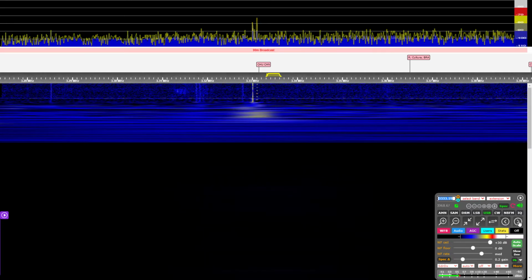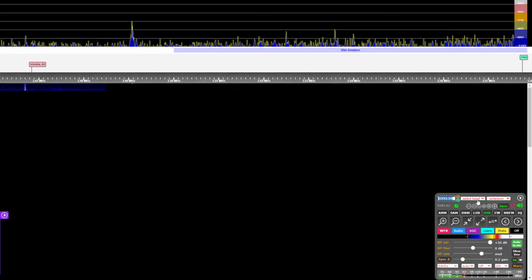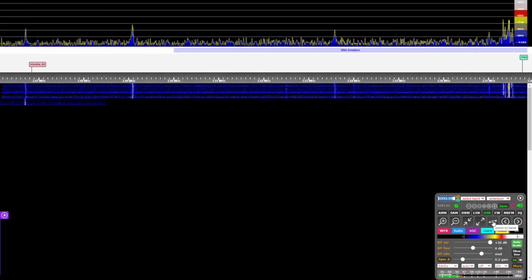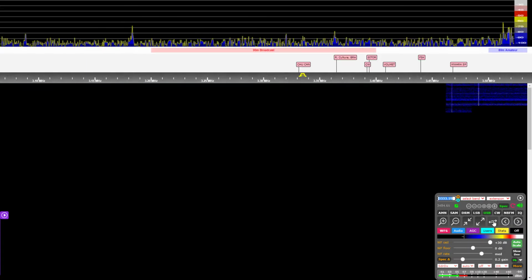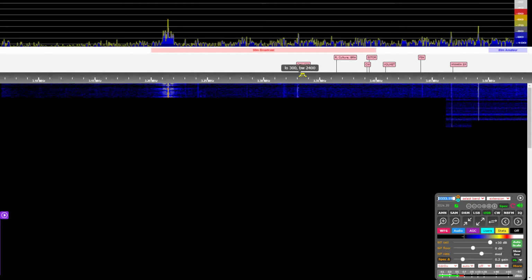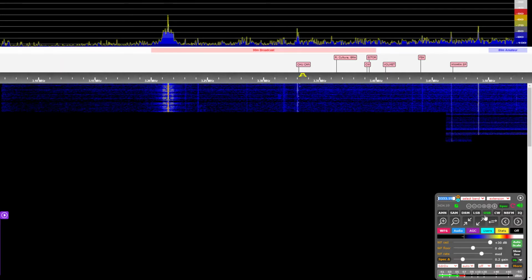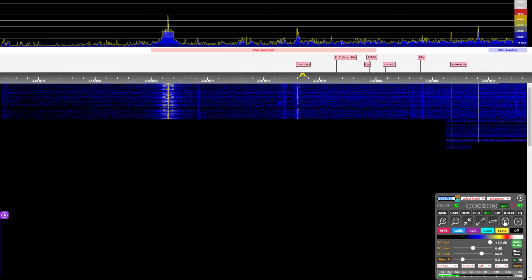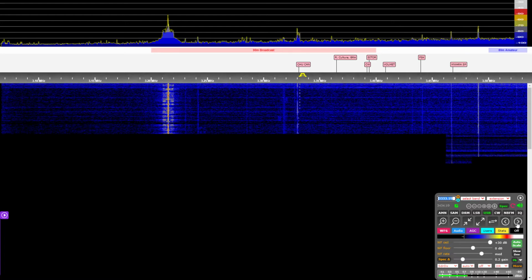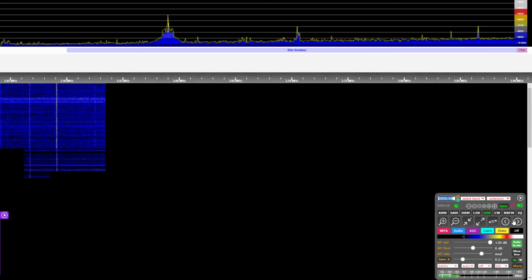Also, if your tuning cursor gets lost, if you click zoom into band, it brings you right to the cursor, to the tuner. And also, you can move through the band left to right, going up or down by clicking this.